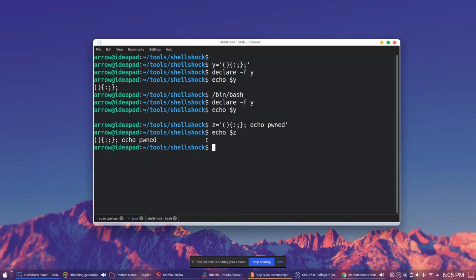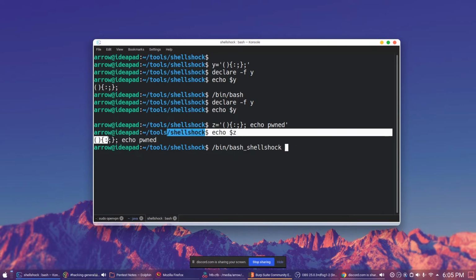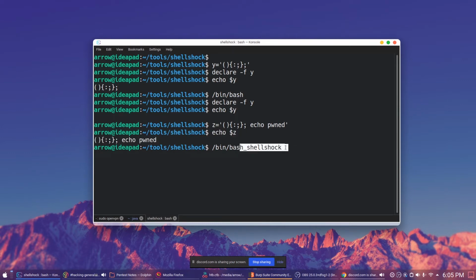Whenever the Bash version is less than 4.3, and we create a child process, bin bash_shellshock, this variable will be passed to the shell. It parses from left to right, goes up to here, and treats it as a function.